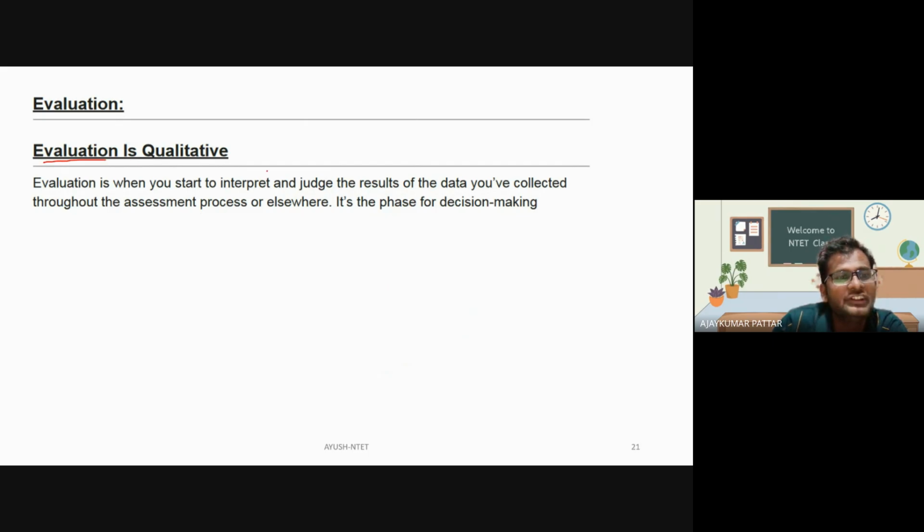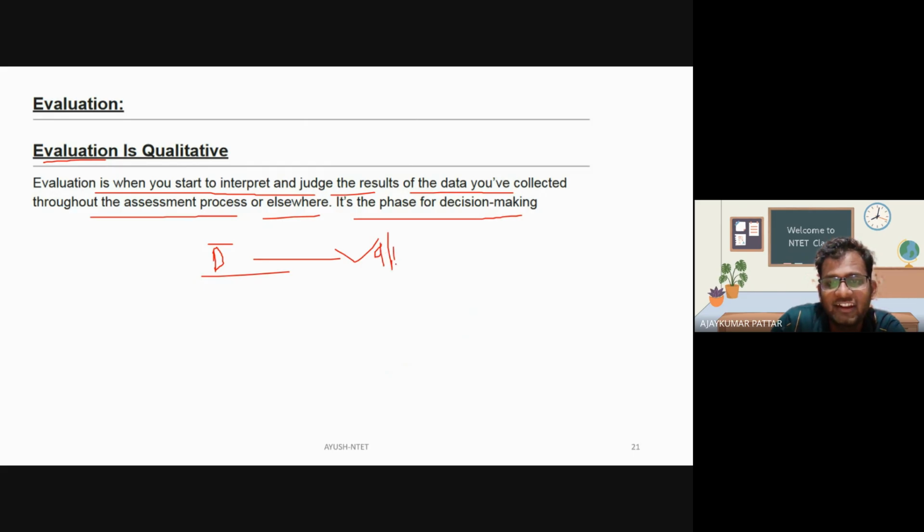Evaluation is qualitative. Evaluation is when you start to interpret or judge the result of data you have collected throughout the assessment process or elsewhere. It is the phase for decision making, or giving the judgment, or giving the value. That thing is called as evaluation. For example,